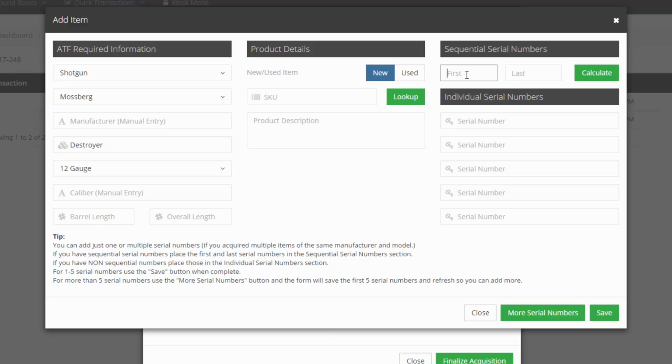Now a couple of things that we've done since the last video is we have created a sequential serial number add. What you can do is start off with, say, 001, and the reason that I had to do zeros in front is because I wanted to do a triple digit add. This will add 100 firearms all at once, so I can calculate and then add them. If I wish to do a smaller number,